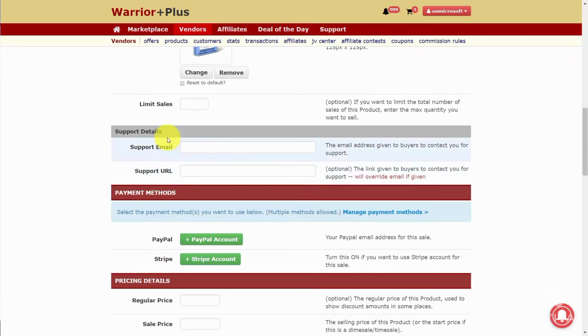We're then going to write in a support email. Now this support email is going to appear to the client. They're going to be able to click a button, and then this email dialog box would open up to our email address. We can also open a support URL. And if we choose to open up a support URL, that will actually override the support email. So you want to choose the method that you're going to deliver your support and then write it in the